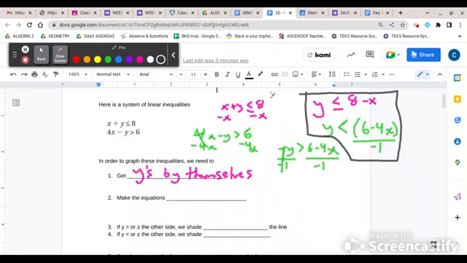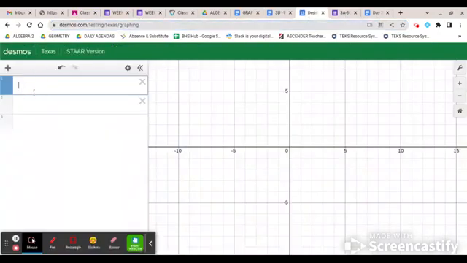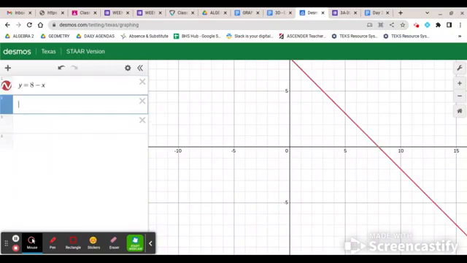And for here, we've gotten most of the work done. However, when we go to graph these in Desmos, the Desmos calculator will not allow us to graph inequalities. No big deal. What we're going to do is make the equations equal. So we're going to have y equals 8 minus x. So we'll go over here and do that. So we have y equals 8 minus x. And on the other one, we'll have,